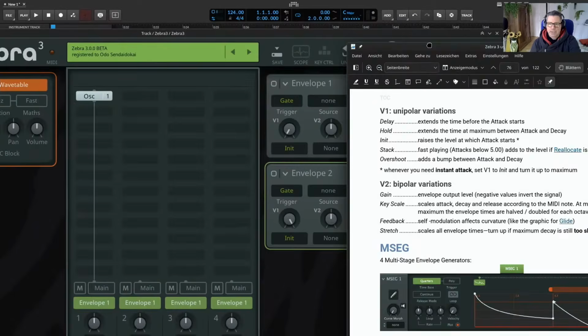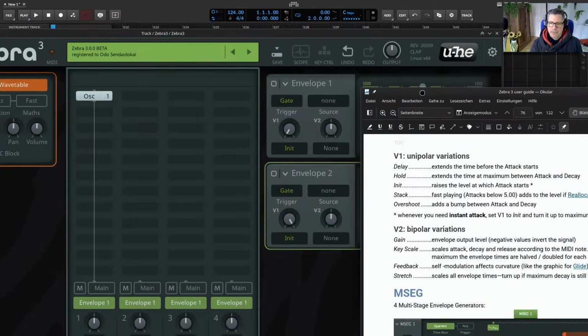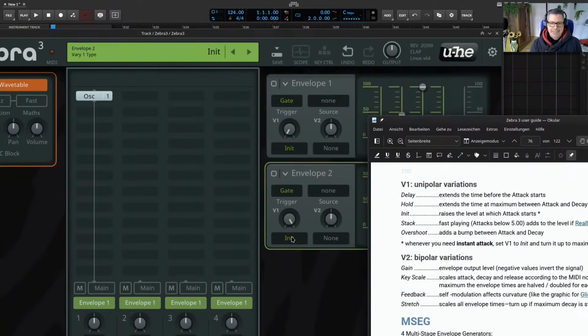Raises the level at which attack starts. Ah, it raises the level. So it's not from 0 within it. Here it goes from 0. And here it raises the level nearly to maximum. You hear a little bit. Or it's a maximum. So you avoid the attack within it. Okay. And with stack,